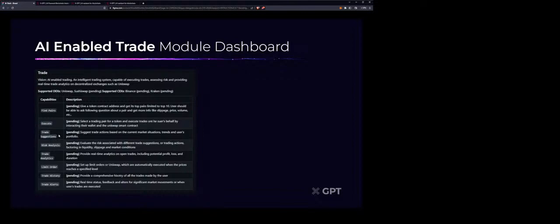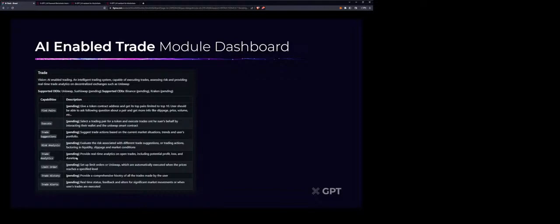And the trade execution we just saw, and also trade suggestions, is something really cool. We have been custom training our own AI model for this one, where we are mining the entire crypto Twitter data along with the market data, sentiment analysis, price predictions, everything together. So this will be the huge release coming up in the next couple of months, where you can just go into X every day and say, hey X, what are the tokens which I can invest in today to make some profit? And it will predict and give you some suggestions. Again, more things like risk analysis before executing a trade, and then all the past trade analytics.